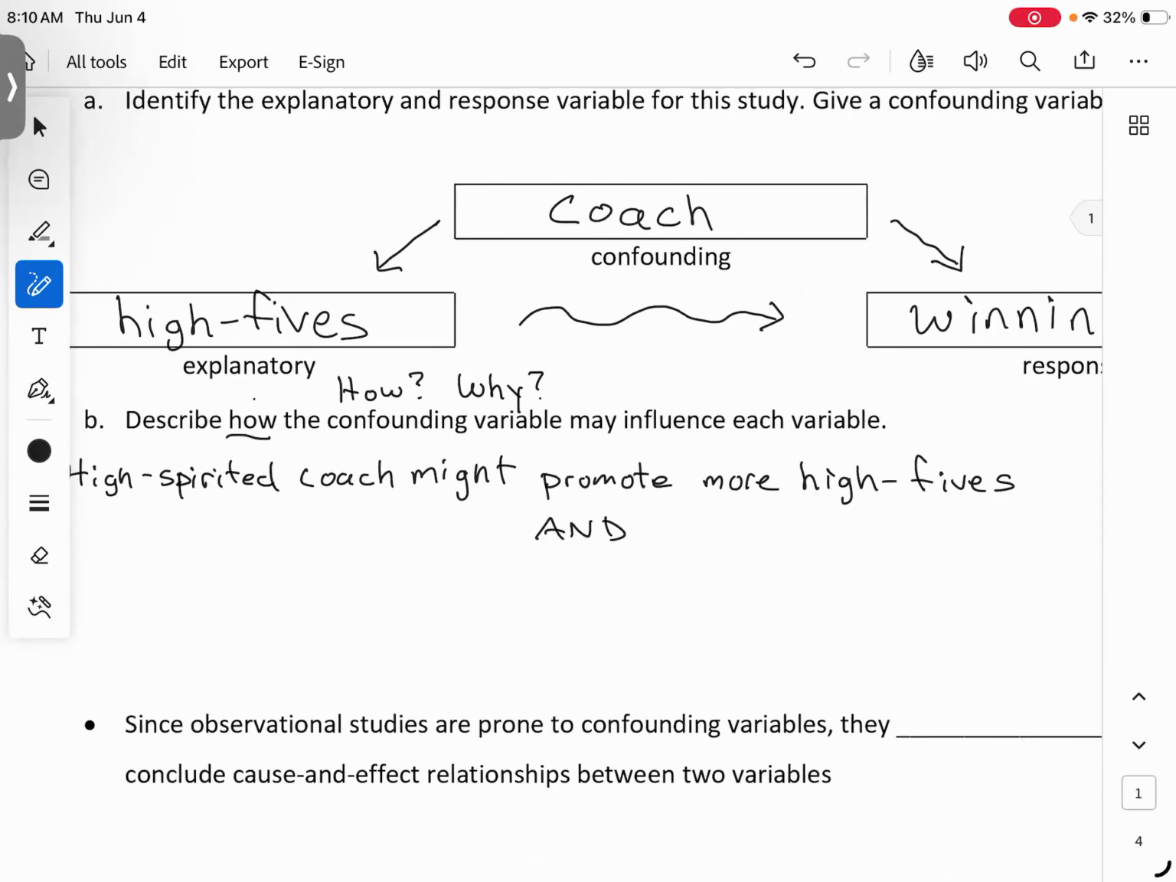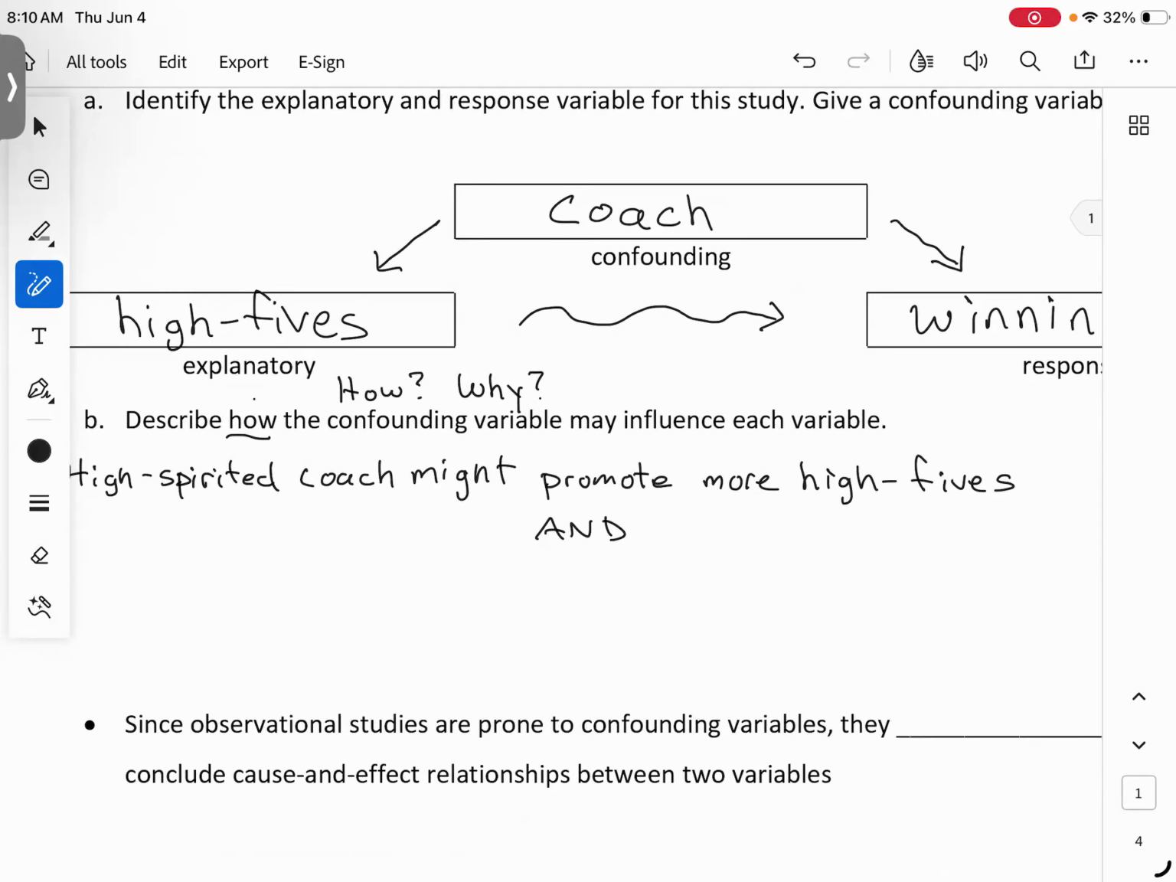You wouldn't just say this on the homework, keeping it so bland like: depending on their coach, if they have a good coach, they're going to do more high fives and they're going to win more. No, do two separate explanations, as detailed and explicit as you possibly can be. I won't just say because he's a good coach, they're going to win. It's going to be a little bit more descriptive. So I might say something,